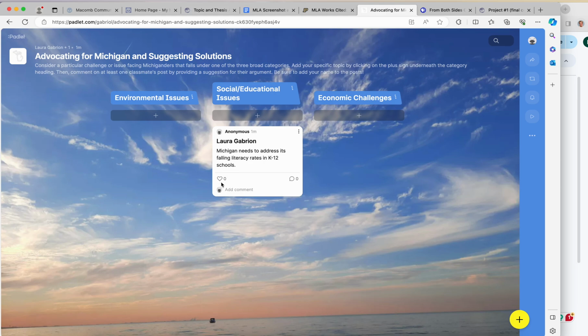I can, if I'm looking at these as a classmate and I see one that I like, I can like it. But ultimately, in addition, you're going to want to comment on one of your classmates' posts by providing a suggestion. So if I were going to provide a suggestion on this, I would just type in where it says add comment. And again, I want to make sure that my name's on there, because unless I've signed into Padlet, it will read as anonymous. So you want to get credit for both your initial post and, like I said, I might say,